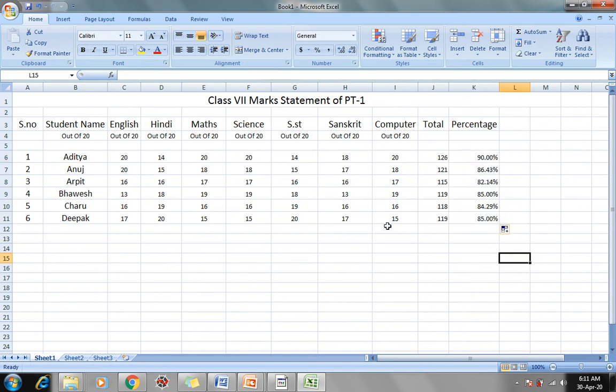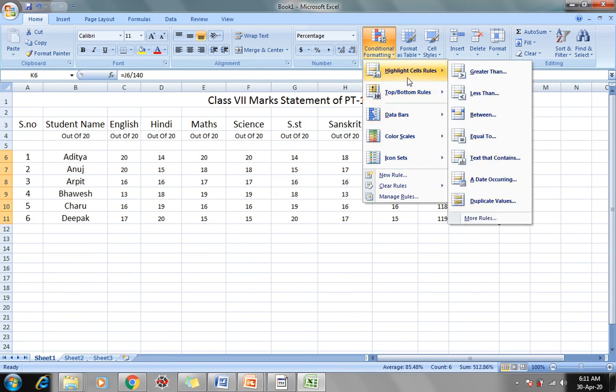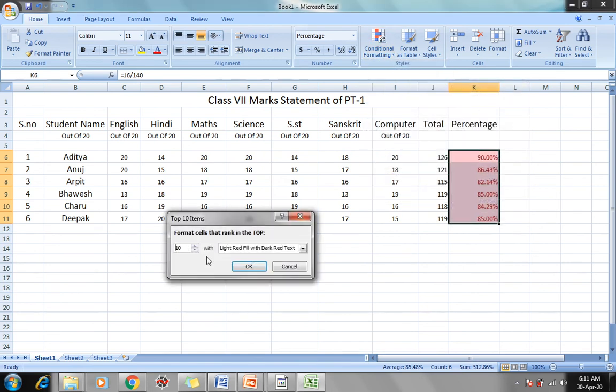Now in this sheet we will apply conditional formatting to find out the top 3 students of the class. We simply select the values, then click on conditional formatting, then on Top/Bottom Rules, then Top 10 Items.